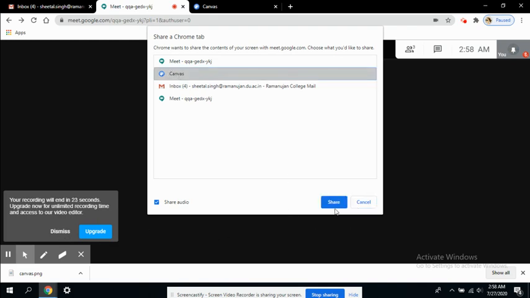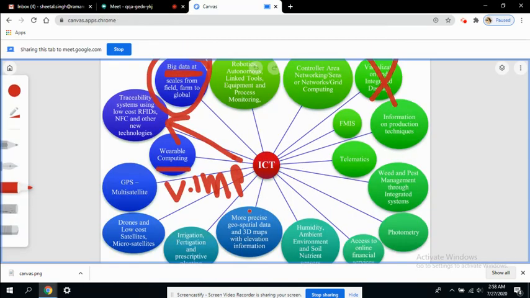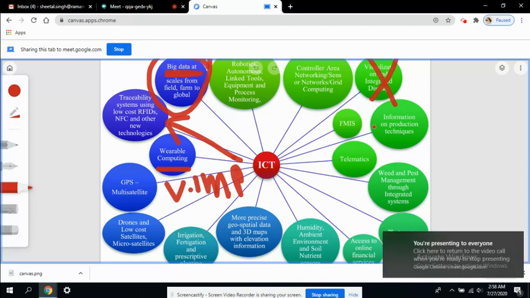So I want to select the canvas and I want to share this tab, and here you can see sharing this tab to google meet.google.com. So this is being shared in my Google meeting and everyone can see it. Okay, here you get the notification and you can stop it whenever you like to. You can just stop